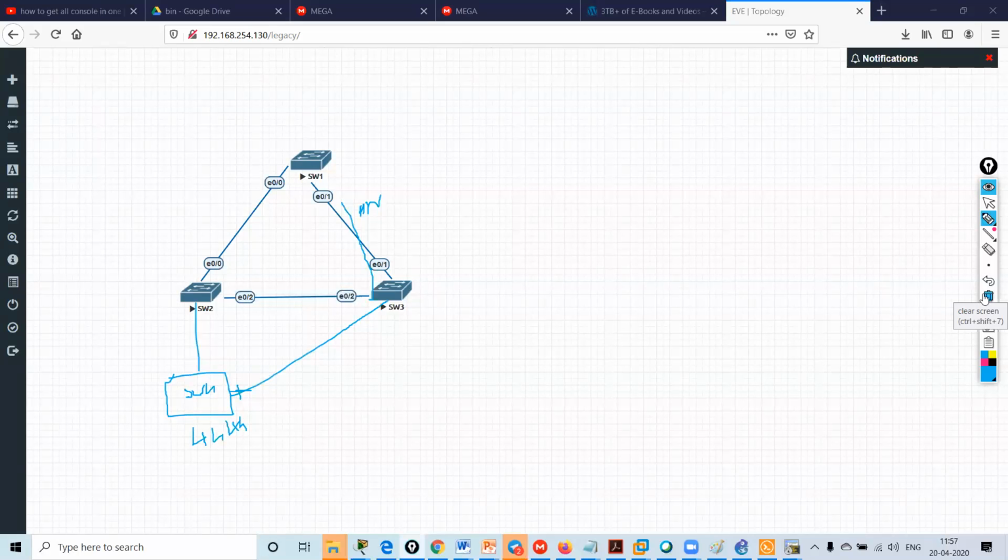Yes, sir. I thought if switch 2's direct link fails, it will have two options, to go via switch 4 or via switch 3. So it will only go via switch 3, sir. See, it will have two options, but it will look for the shortest path. Suppose the cost over all the links is 19. Then what will it prefer? It will not go via this way because again there is a blocking port over here. Understood?